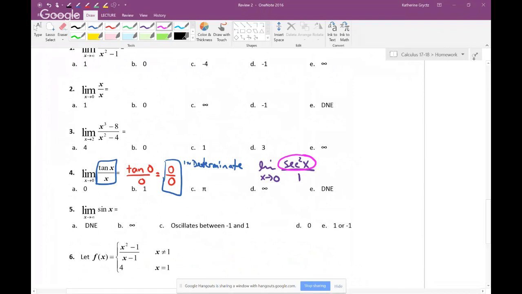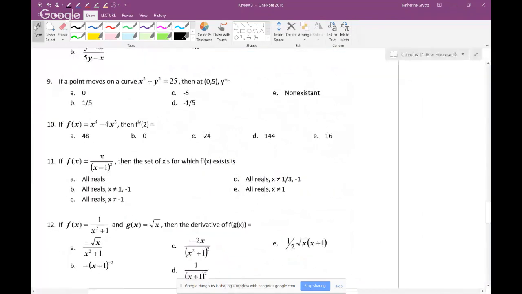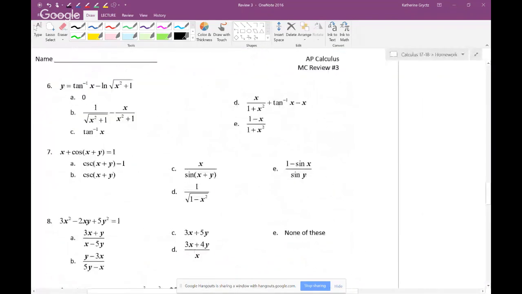William, you have more things on 3? Did you say 3? Yeah, review 3 or review 2. I don't care, whatever you want to do. Okay, since you're on 2,